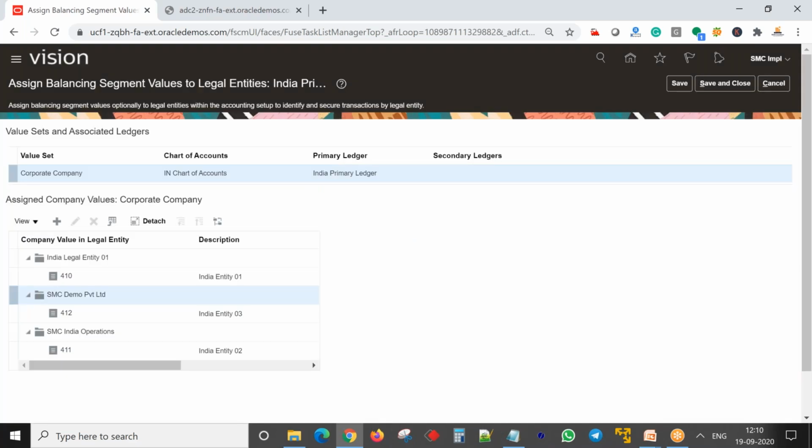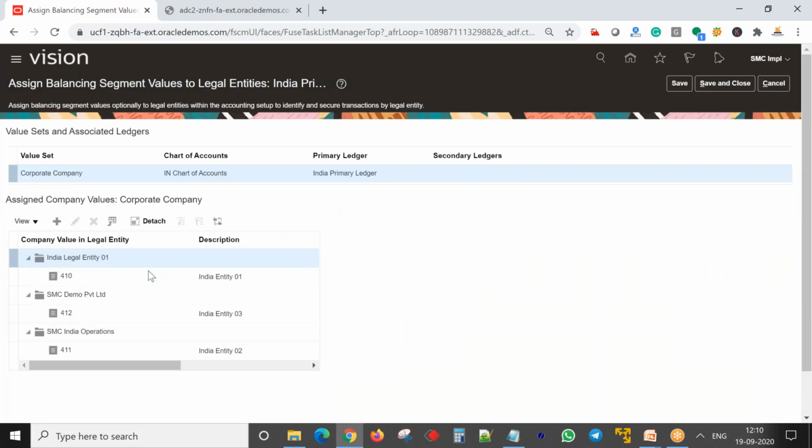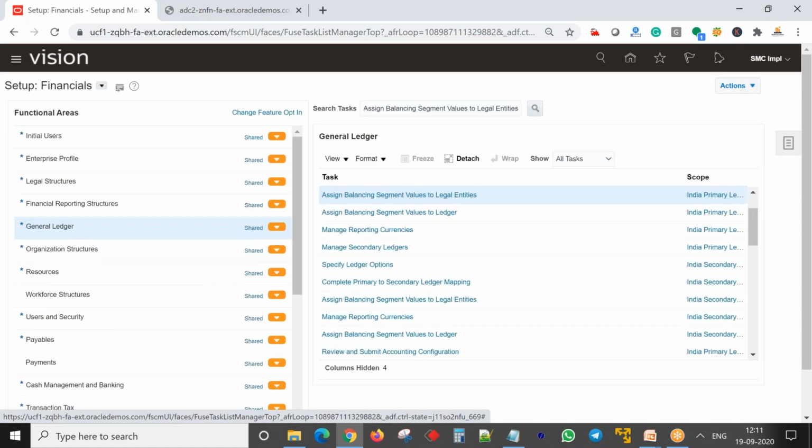Once I click on save and close, Anup, what you get is this. You have assigned a balancing segment. This is typically your primary balancing segment that you will be using. Yes, things will get balanced at this level. Now again, if you go here, you will get the values here. So Anup, this is how you would be able to complete the setup of LE.